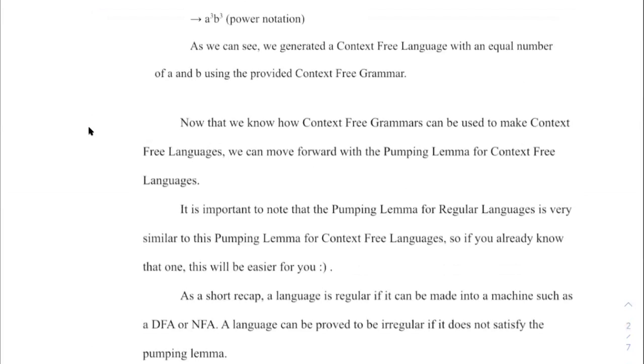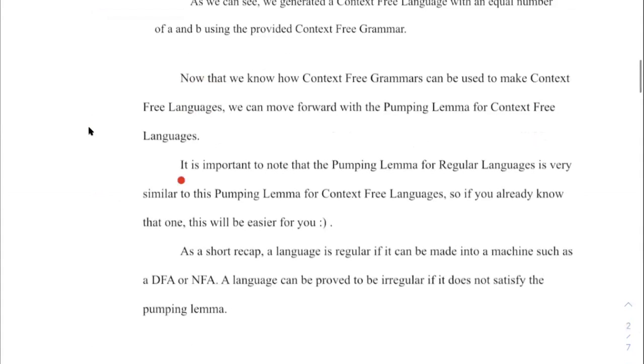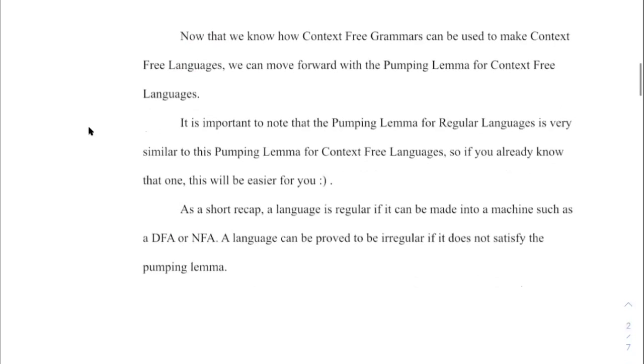Okay, let's move on. Now that we know how context-free grammars can be used to make context-free languages, we move forward with the pumping lemma for context-free languages. It is important to note that the pumping lemma for regular languages, what we've talked about previously in this class, is very similar to this pumping lemma for context-free languages. So if you already know that one, this will be easier for you, which is honestly pretty nice